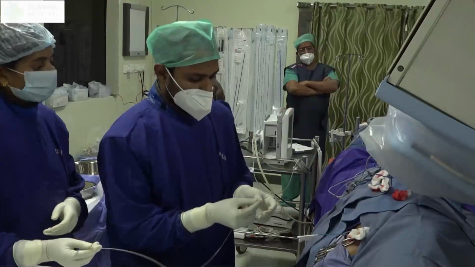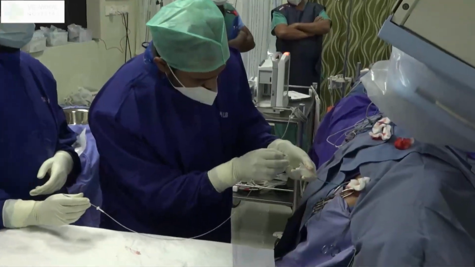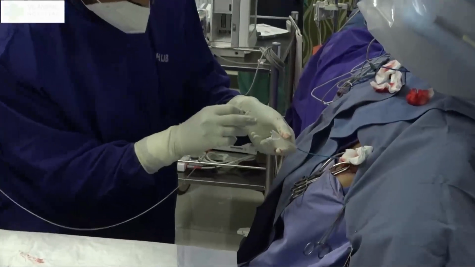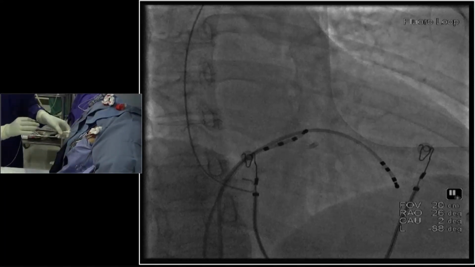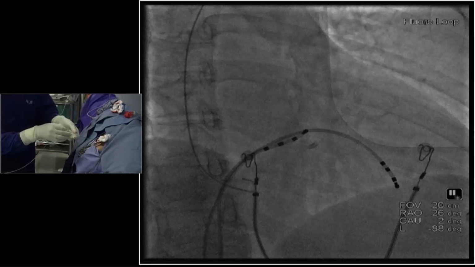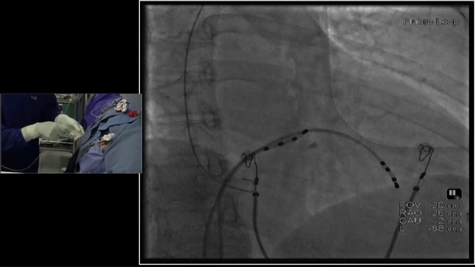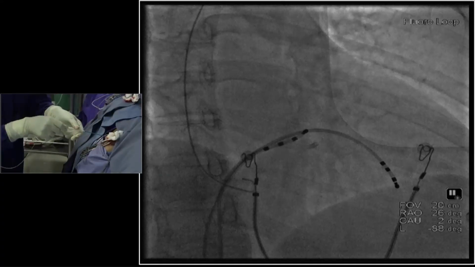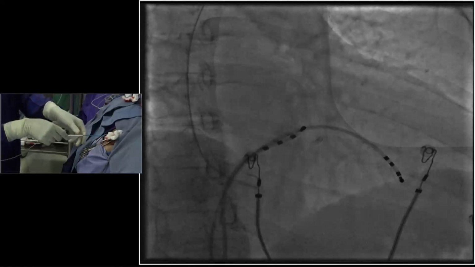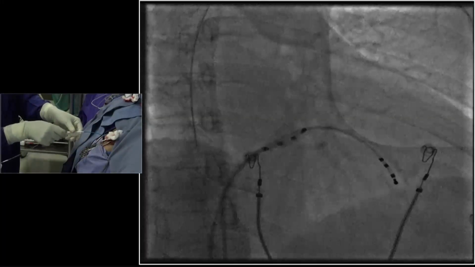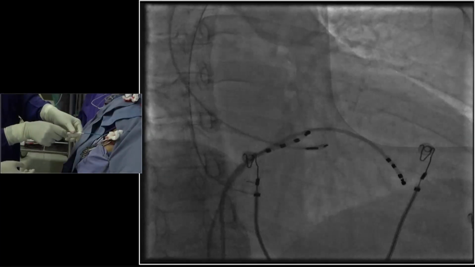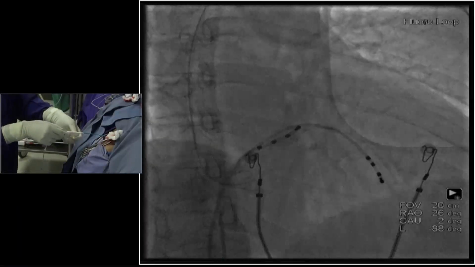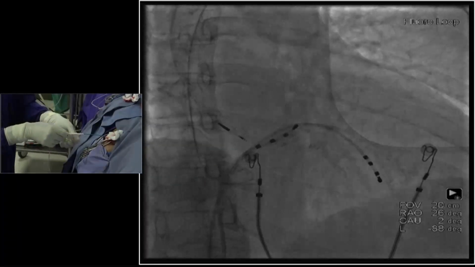Yeah. So this is a helix. So I always see the hole in that sheath, because that valve hole will be eccentric, so you always have to see where the hole is, and then place the lead inside, because if you are putting it blindly, there is a chance that you will injure the valve. So my sheath is retained there safely. So my lead is out now. Okay. So we'll try to pace and see.